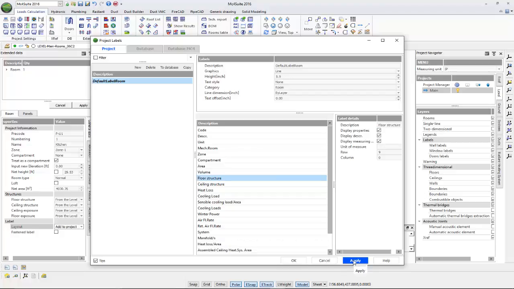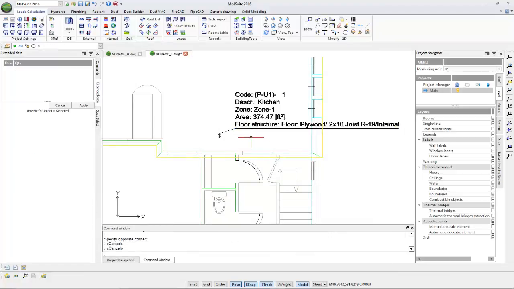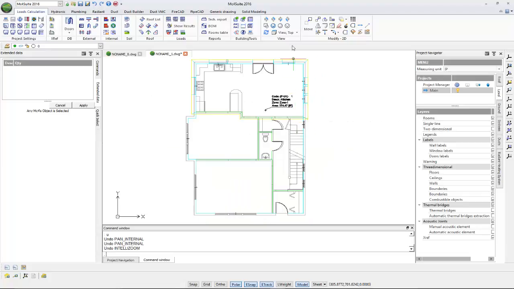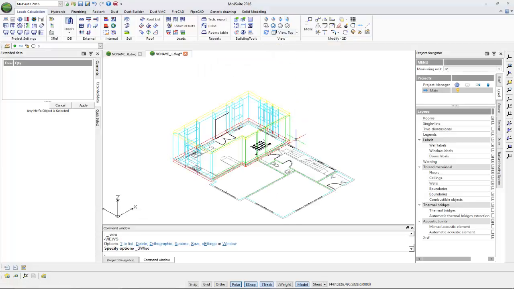For instance, our floor structure, if I select Apply, OK, it has now been added to our label of the floor structure, which is a floor plywood 2x10 joist R19 internal. I'll undo. And you can also go to the view from a southwest isometric view,